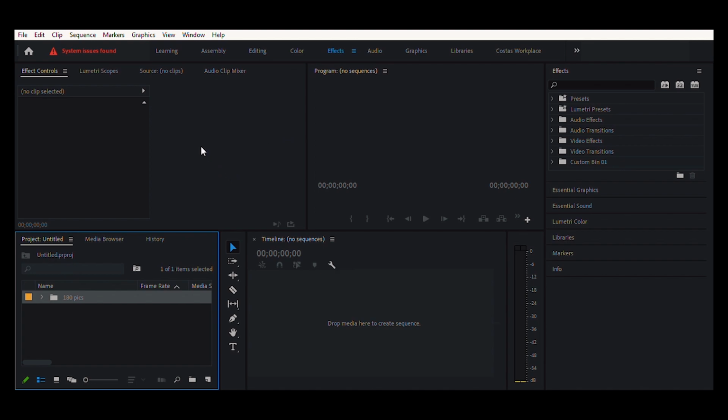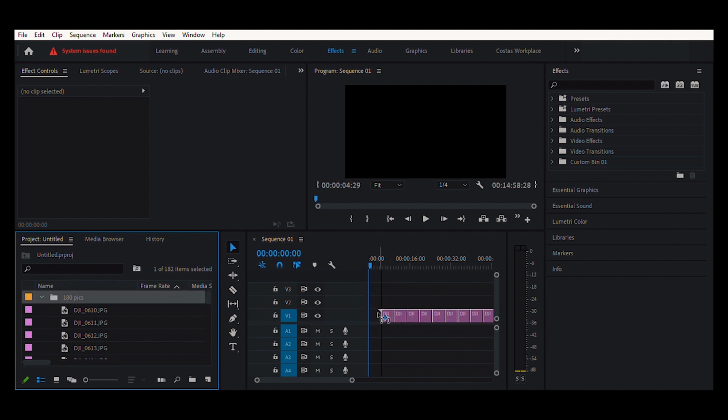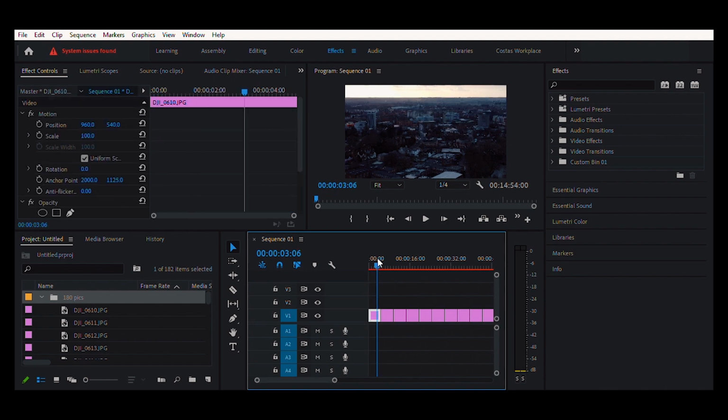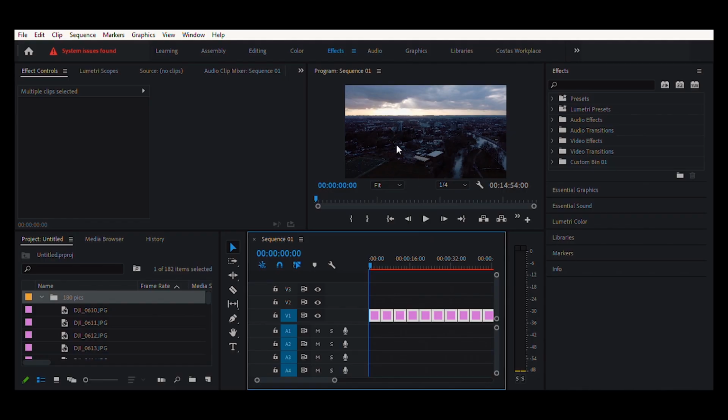After it's been done, go to your file, new sequence. In this case I will be using 1080 as my YouTube vlog will be 1080. So now we get all of the folder and drag it into the new sequence, and as you see here it's zoomed in. It's because it's in 4K and we're dragging it into a smaller sequence. So we will press Ctrl A, right click to this setting that says set to frame size, and now it goes to the proper frame size that we want.